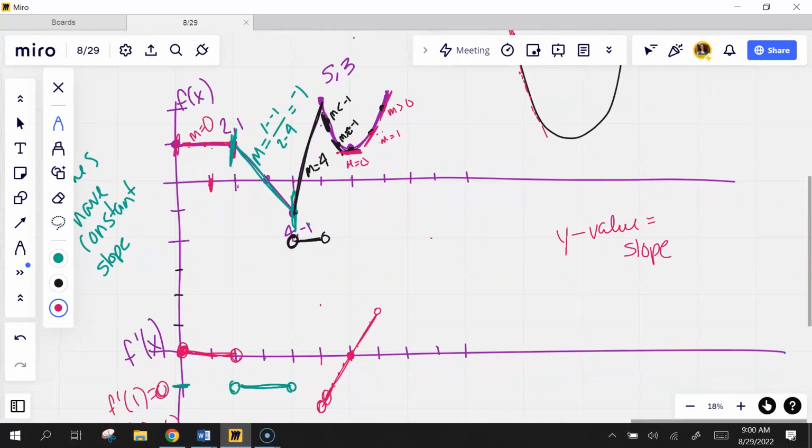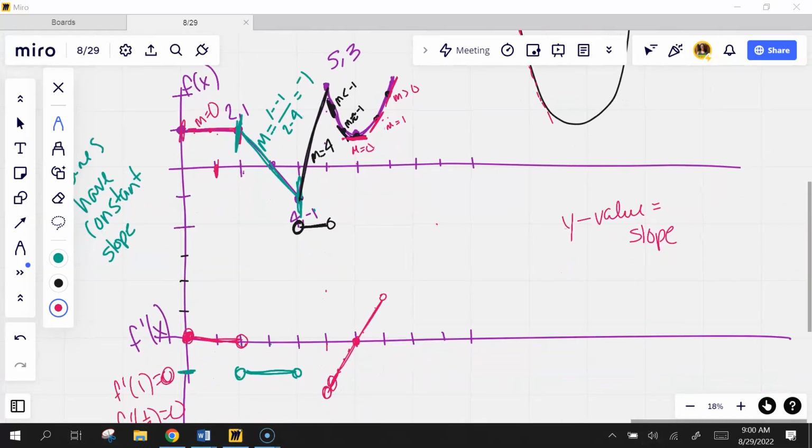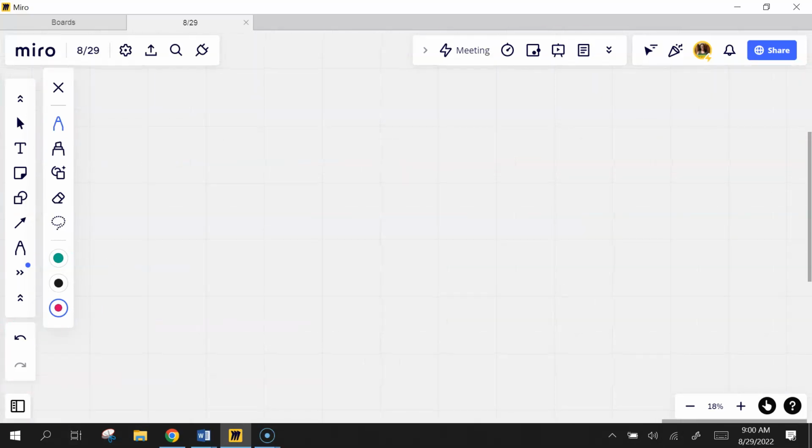So the whole parabola wasn't negative. But this side, so think about, and it depends on which way your parabola is opening up, right? You've got this vertex here. Let's just pick a couple points. If I were to come in and draw the tangent lines, right? And tangent lines, remember, just intersect one time. So if I came in to do these tangent lines,